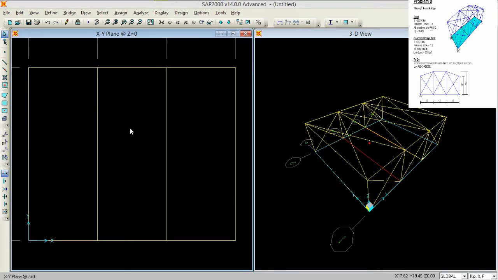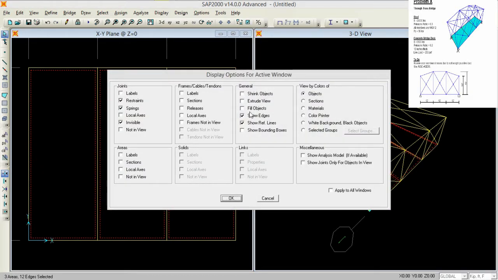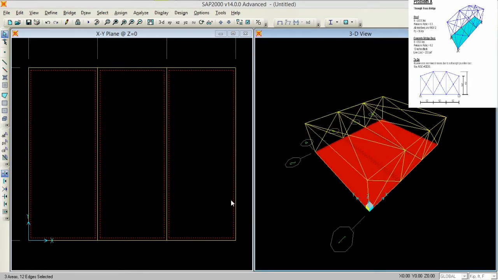So look, now I have to see that all the three are added. So look, see, this is selected, selected, selected. So these red dotted squares, these red dotted rectangles are showing that the area command has been applied. So let me move into this window, move into this, just fill in objects. Okay, so look, the deck is all over there. Right, so now the next thing is